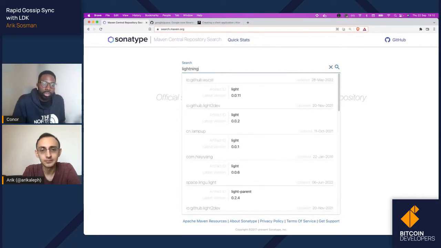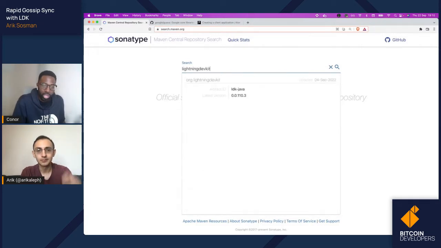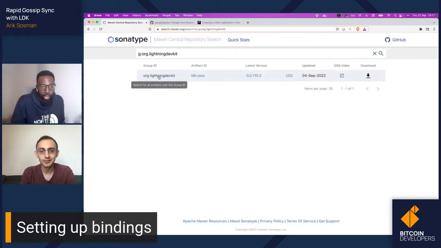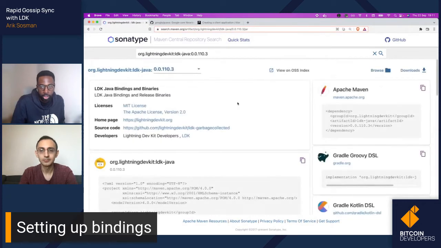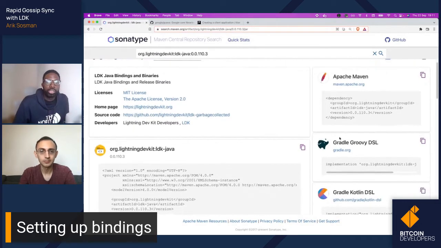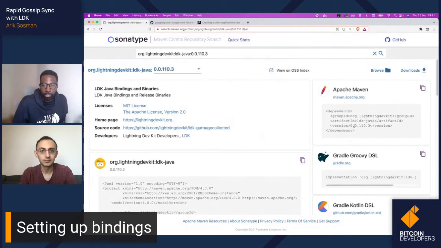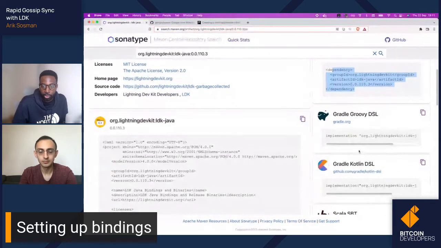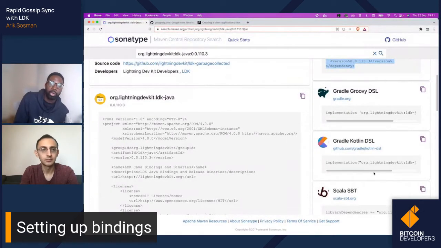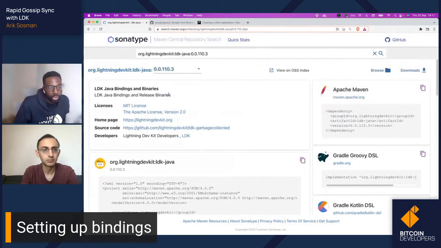Yeah. I think if you just type in Lightning Dev Kit, we have our org set up here, and if we click into LDK Java version, you can add it to a project in multiple ways. If you're using Maven, you can add your dependency this way. We're using Gradle as our build tool, so we can pretty much just copy this command here and add it to our build.gradle file. The latest version is